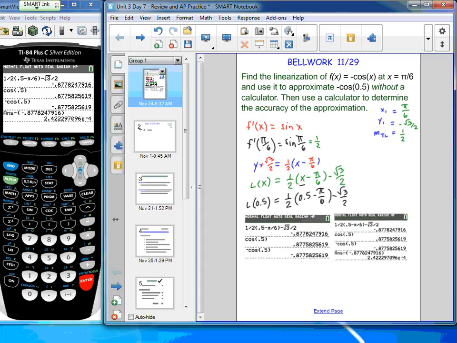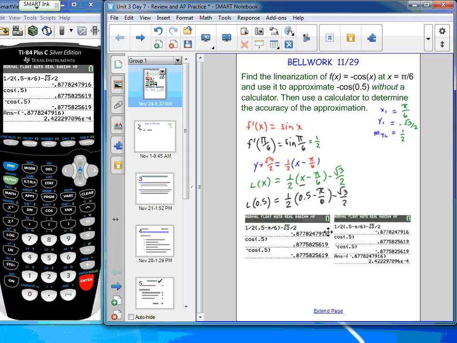Okay, so then one thing that I wanted to add to our concept and skill guide after I completed it and did the printing yesterday after school was, so what makes a linear approximation good, right? What makes my linearization a good approximation? What kind of factors would make that a better approximation versus a worse approximation? And so what's going to happen to this approximation if you consider using it to approximate opposite of cosine of